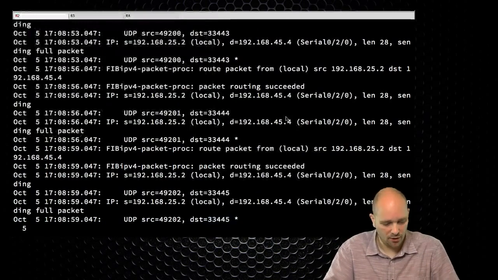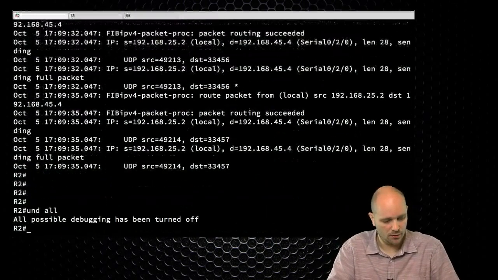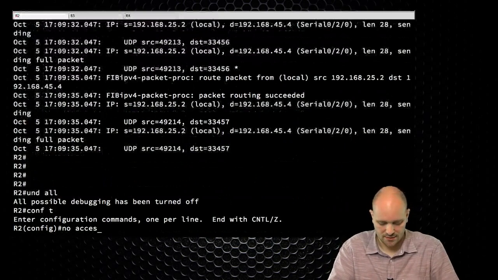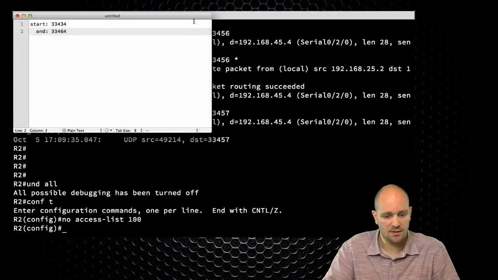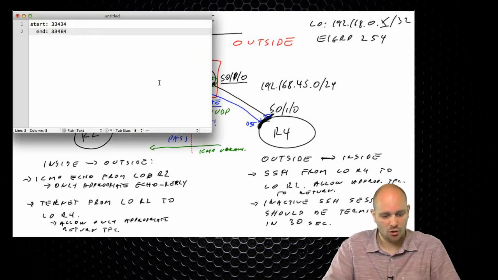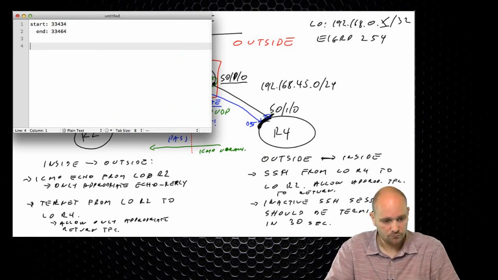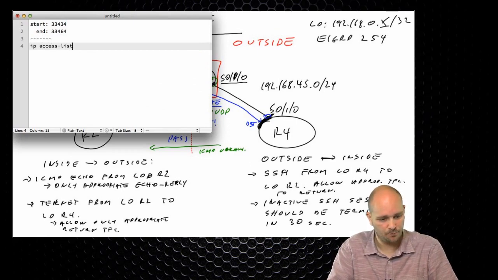Okay. So handy calculator, thank you very much. Let's interrupt this, undebug all. No access list 100. Thank you very much, access list. So what I'm going to be doing here is I need to take a look at adding this policy. So I'm going to go to R5 and I need to add IP access list. Let's say traceroute